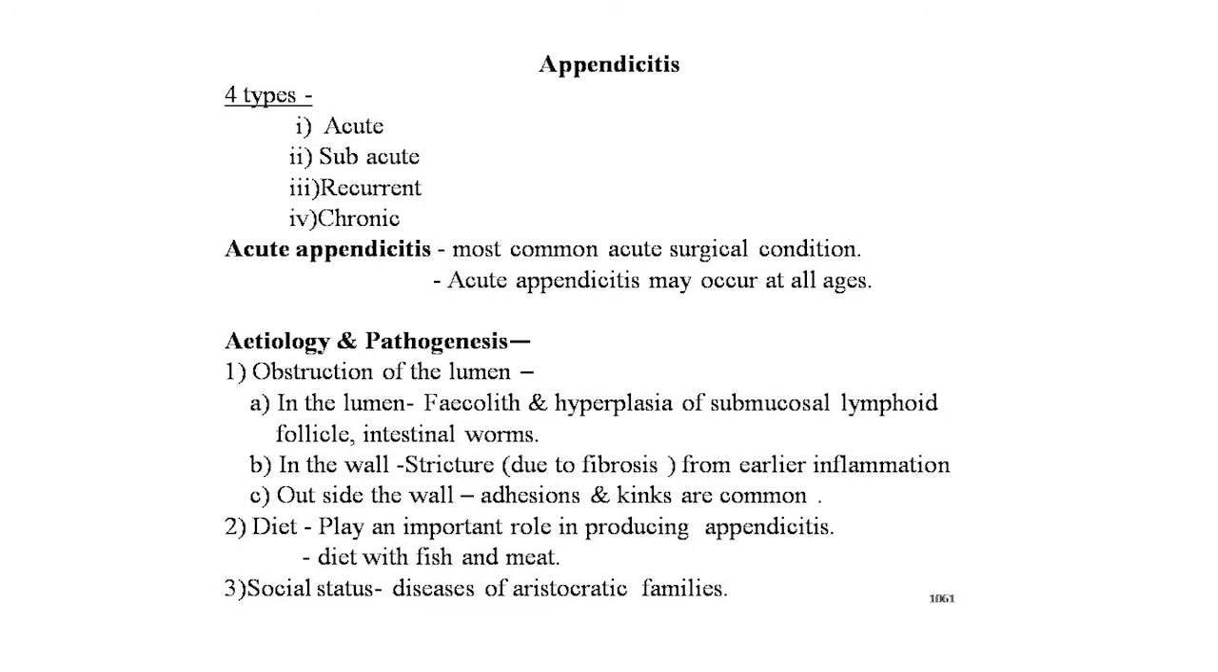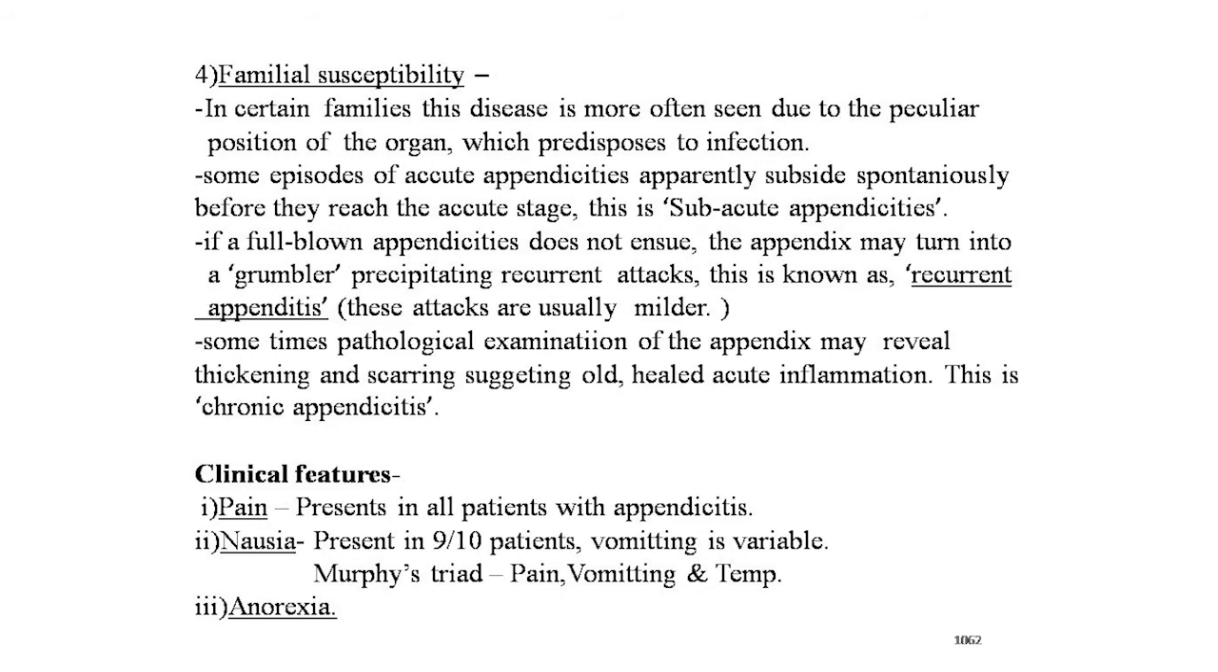and in the wall, stricture due to fibrosis from earlier inflammation outside of the wall. Adhesions and kinks are common. Diet plays an important role in producing appendicitis. A diet with fish and meat is prone to appendicitis. Social status: diseases of aristocratic families. And fourth is familial susceptibility. In certain families, this disease is more often seen due to the peculiar position of the organ which predisposes to